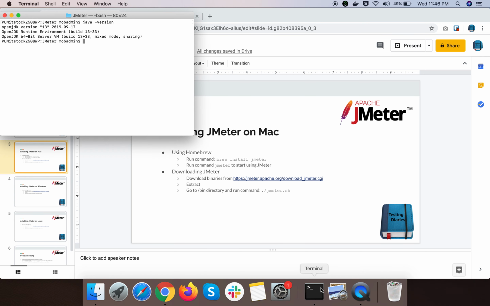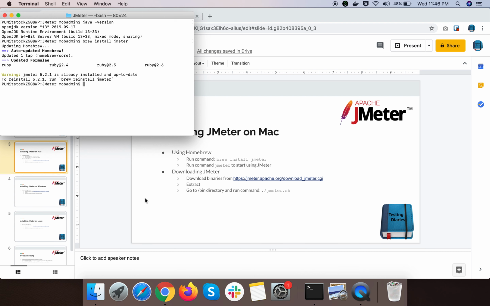Once you have brew installed, you just run this command, brew install jmeter, and brew will start installing the required JMeter files in your system. I have JMeter 5.2.1 already installed, so it will show me a message.